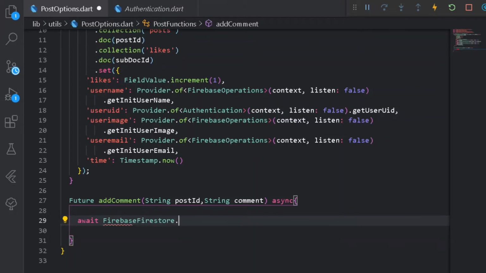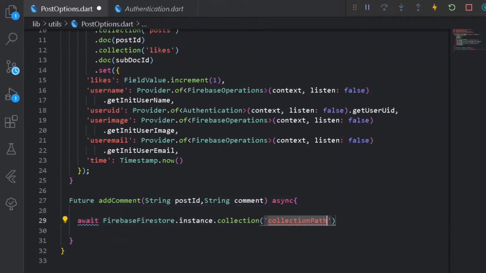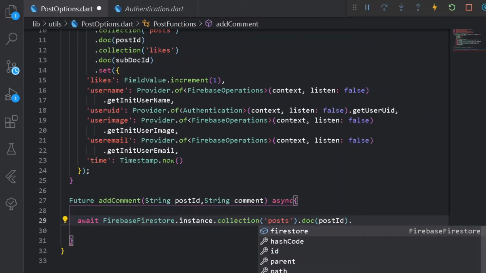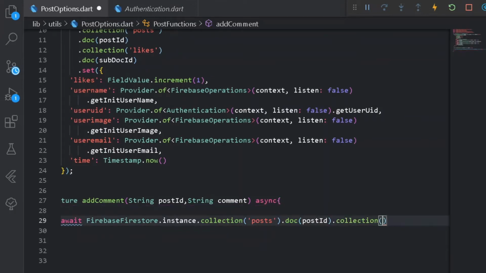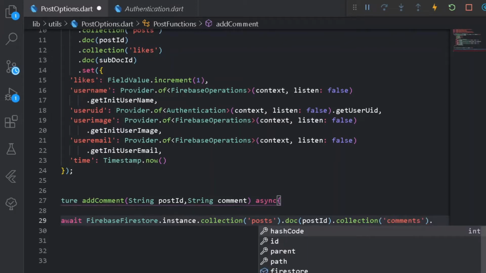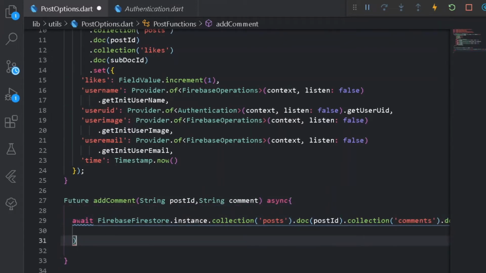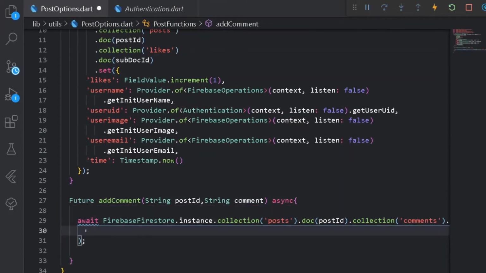Firestore dot instance dot collection. Under the collection of all the posts I will be taking a doc of the following user. The doc shall be nothing but the post ID itself, and after that I will be creating one more collection, a collection of all the comments, and under the following comments, that is a collection of comment, I will be adding a doc, and under the following doc I shall be adding doc under the following comment, which is a string, that will be a unique UID, and after that I will be simply setting up all the data of the user. So for that let's set all the data.